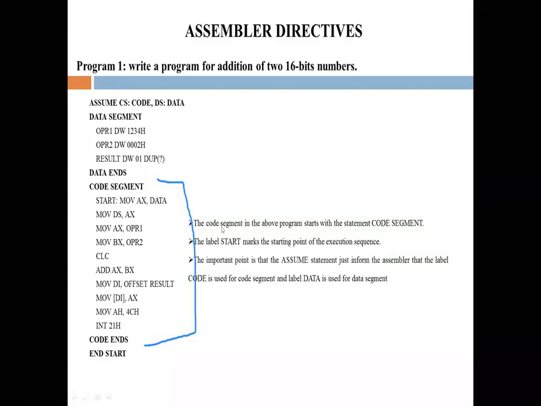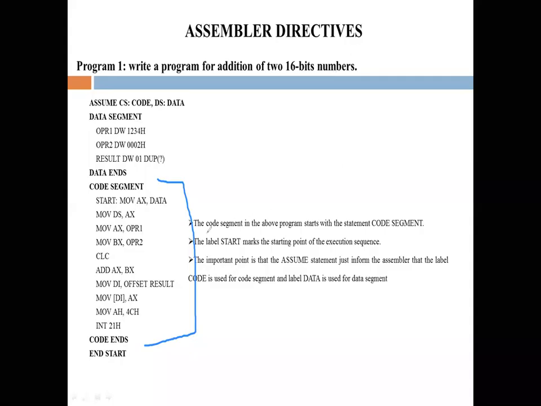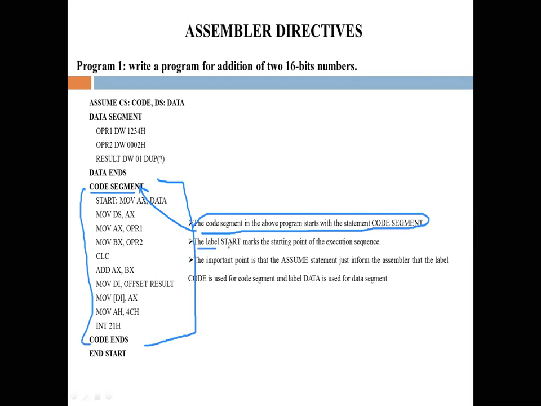The code segment in the above program starts with the statement code segment. Here we see code segment initialization is to start with the code segment. After that, the label start marks the starting point of the execution sequence.